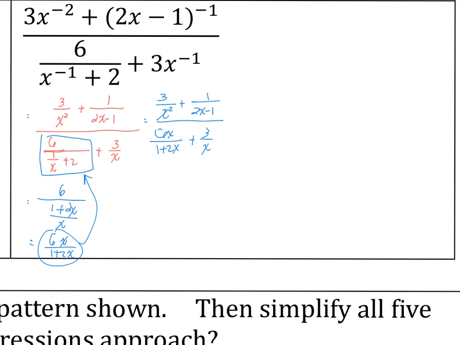Okay, I'm going to use the LCD to simplify. Okay, so that's going to be x squared, 2x minus 1, 1 plus 2x. And the same goes for the denominator. Okay, now I'm going to start distributing this, cancel this out, so you're left with 3, 2x minus 1, 1 plus 2x,